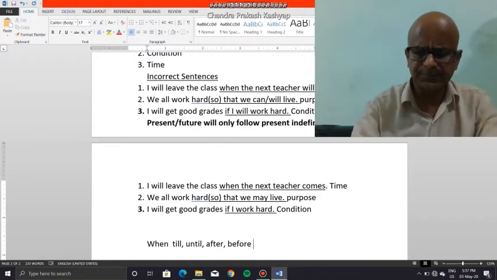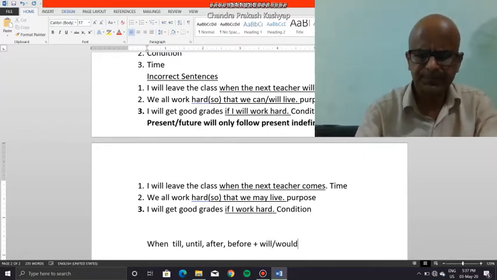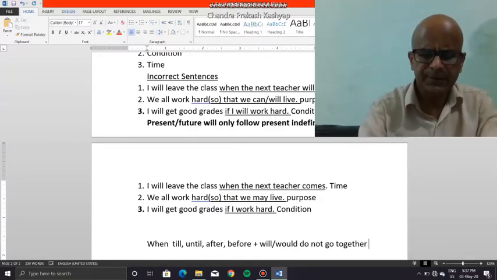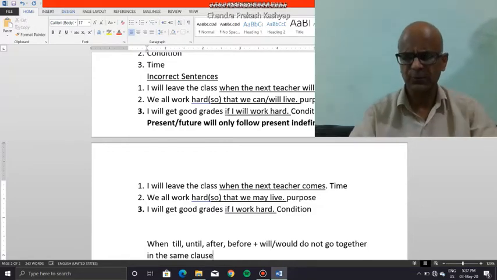They and will or would do not go together in the same clause. Yeah, they can be together in the same sentence, but they will not go together in the same clause. Similarly,